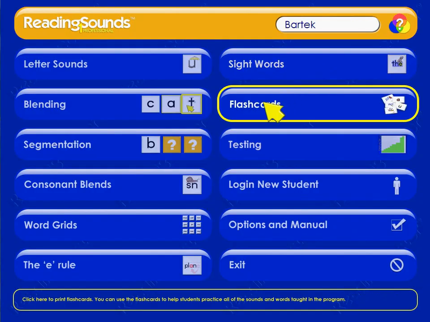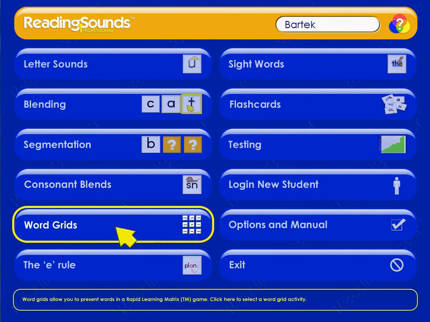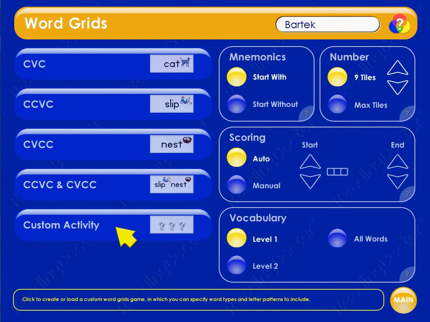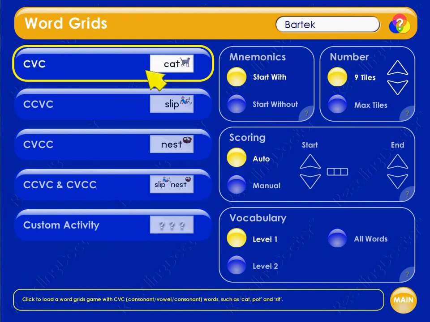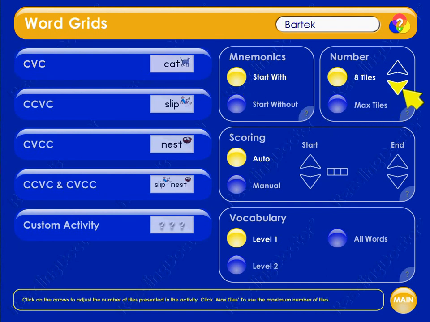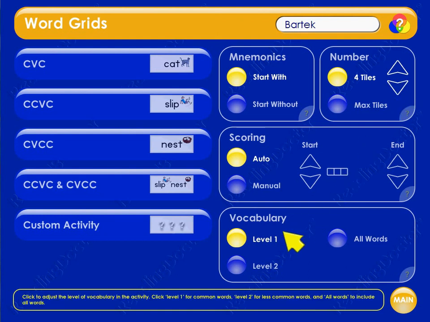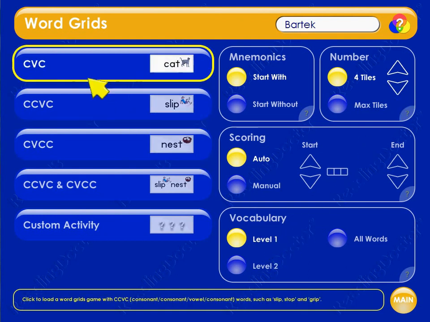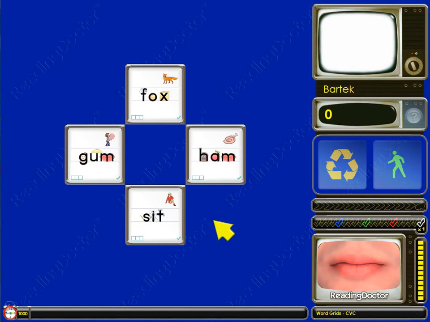Click on the Word Grids button from the main menu to have your student practice reading whole words quickly. The Word Grids activity menu is arranged in a similar way to the blending and segmentation menus. Just select the number of tiles you would like to include in the activity, select the level of vocabulary, and the type of word you would like to practice. ReadingSounds 1 Pro will load a Word Grids activity based on your specifications with whole words presented on tiles at